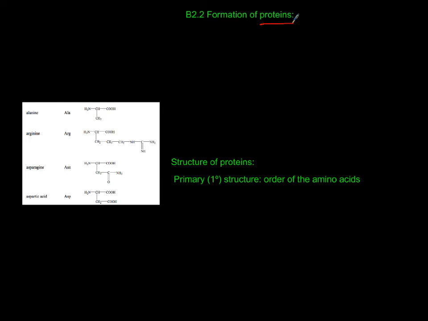Proteins are condensation polymerization from amino acids, so your monomers are amino acids. If I put a generic amino acid, by generic I mean instead of spelling out what this radical is, if it's CH3 it's alanine, if it's this segment it's arginine, I'm going to put R to represent that, COOH. When you put two monomers next to each other and they line up, they are going to go through